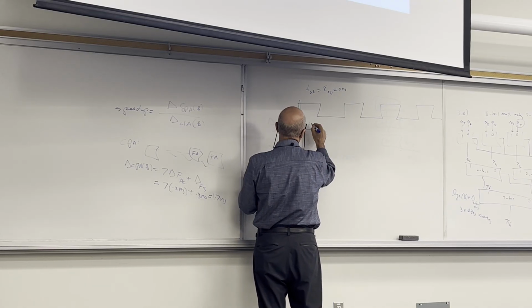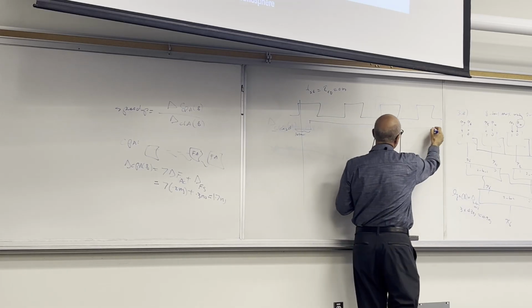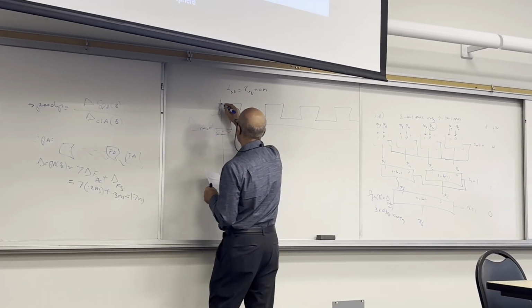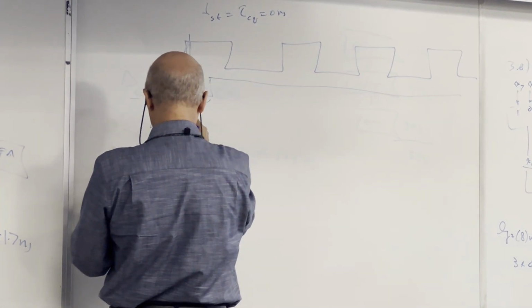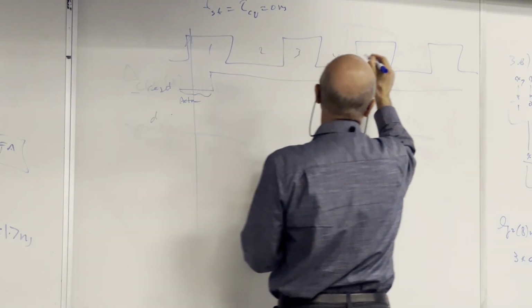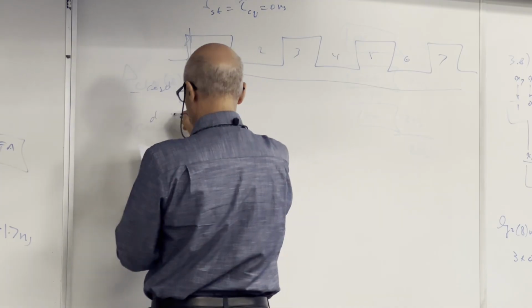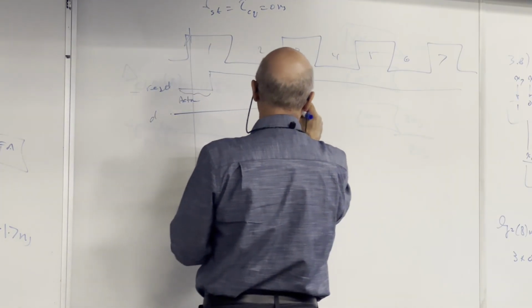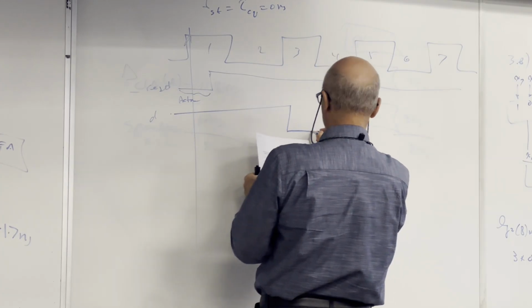So this is active, then it becomes not active. That means you don't care about the first one. D, so let's say 1, 2, 3, 4, 5, 6, 7. So D was here, then it goes to 0, and then it goes to